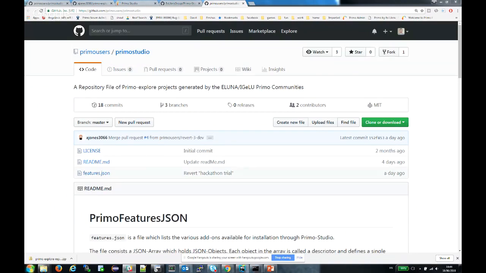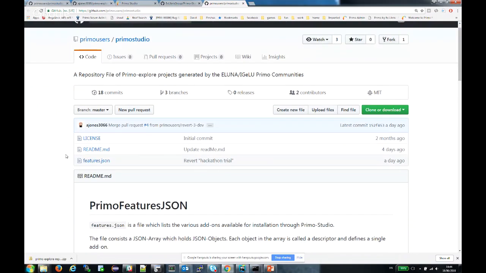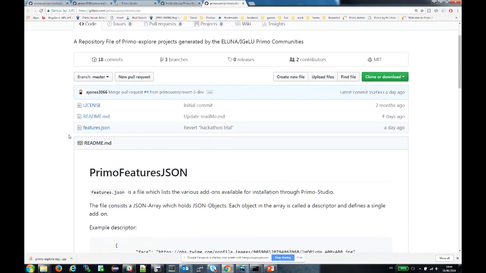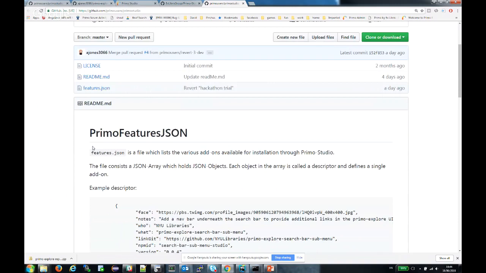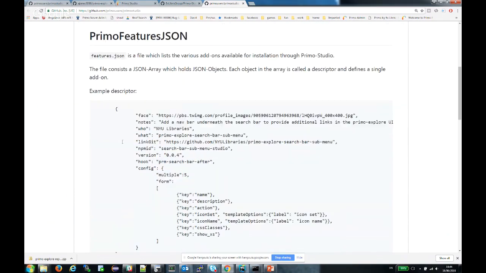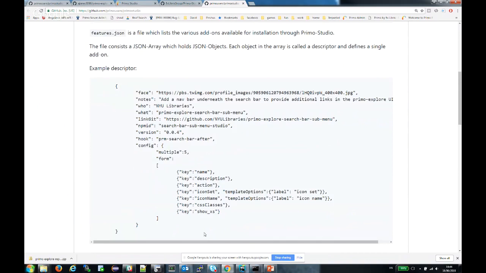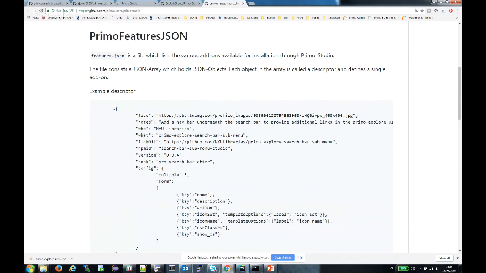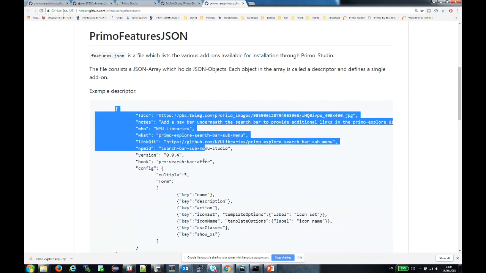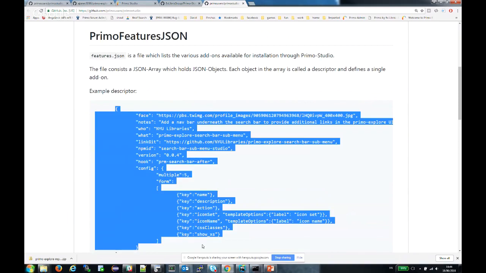And this is the repo for the features.json file. The features.json file is basically a file which lists for Primo Studio which add-ons are available, which hook they're sitting on, and what kind of configuration parameters they have. So basically, once someone has uploaded his add-on to NPM, what he has to submit is this descriptor. A descriptor is just the stated JSON object, which you can see over here, with various fields, which I'll go